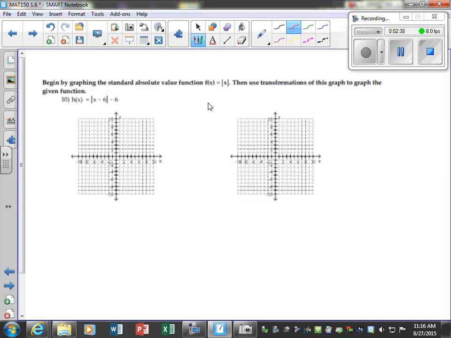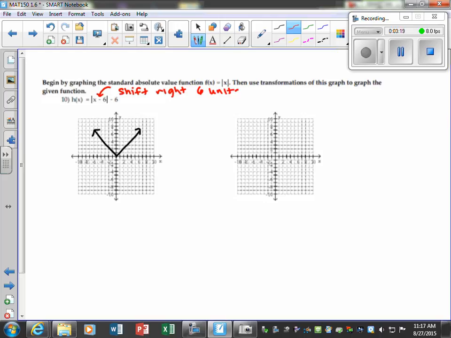Alright, now we have a couple of things going on. Use transformation. So all they tell us is that our original function is the absolute value function. So by being familiar with our parent graphs, or by plugging in values of x and y to plot this thing, we have this standard function. Now, this in particular is what we were just working with. It's inside the grouping symbol. If inside the grouping symbol is minus 6, that tells us to shift what? Right 6